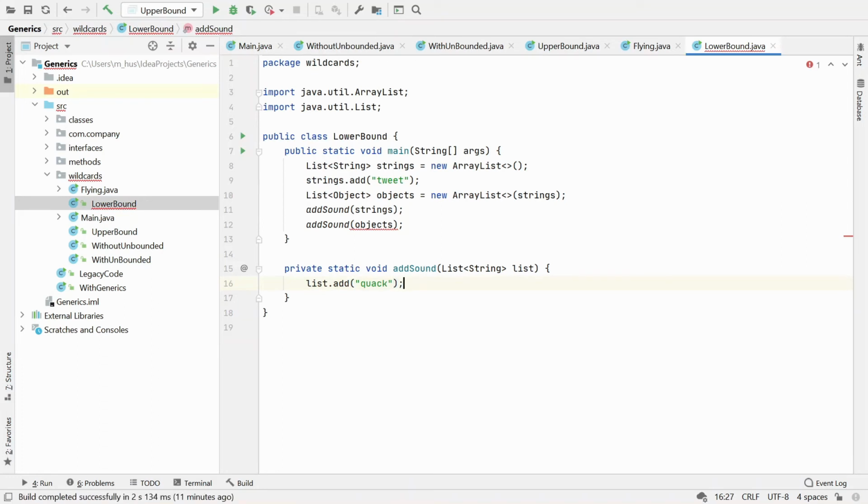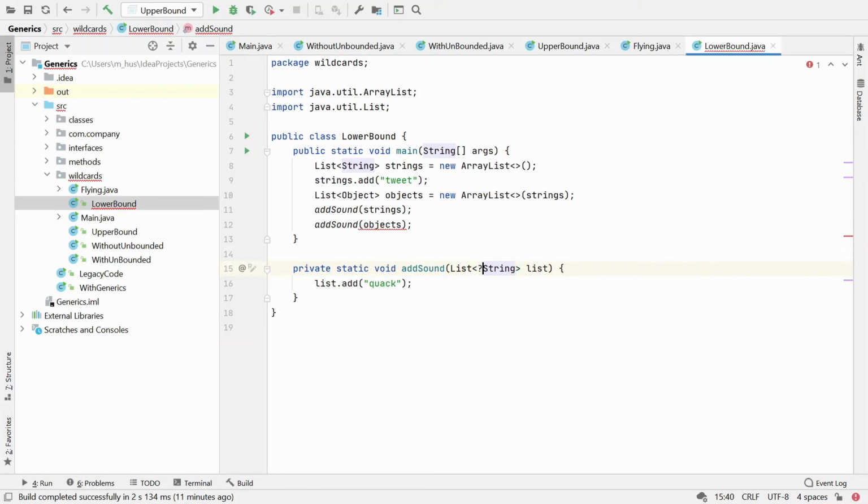So for that, if I say string and anything which is a superclass of string and string itself, so now you can see this program works for both string and objects as well. Okay,